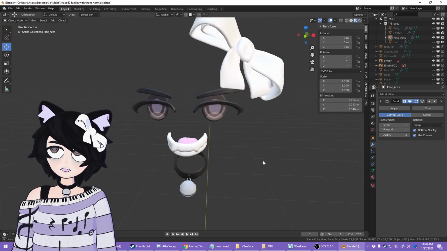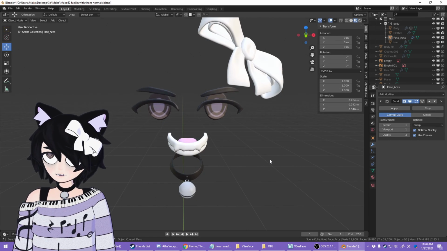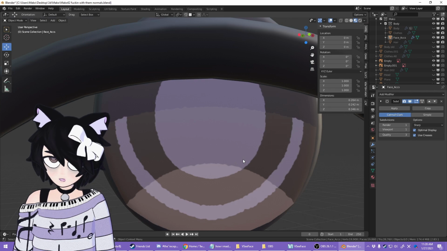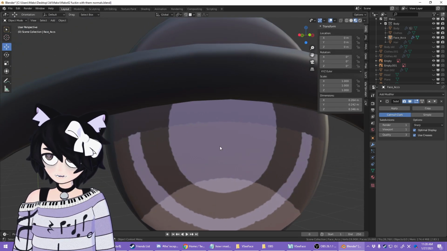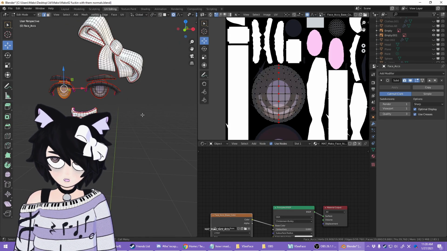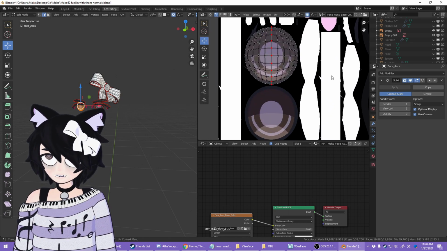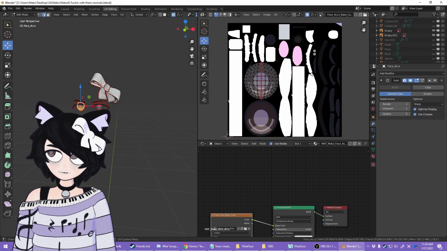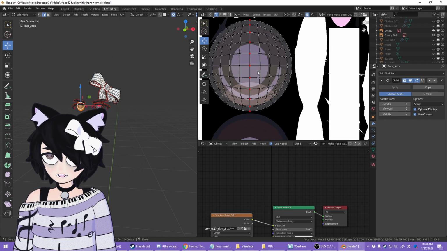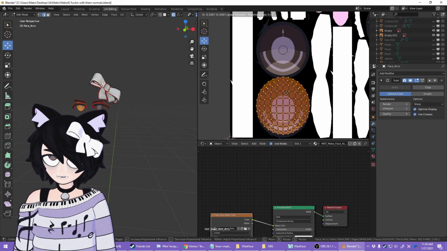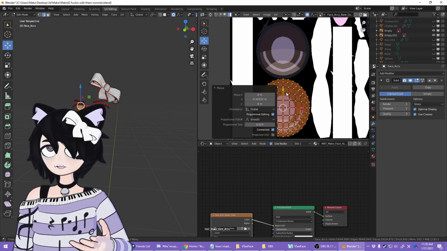Now you might be thinking, wow, this is very little surface area compared to the other ones, what's up with that? Well, it's important for the eyes to have a lot of room on their own. If I take you over to the texture we have right here, you can see the eyes take up a lot of space. Honestly, this is super non-optimal. In fact, I could have had both of the eyes on one thing. I'll get into how to do that later.